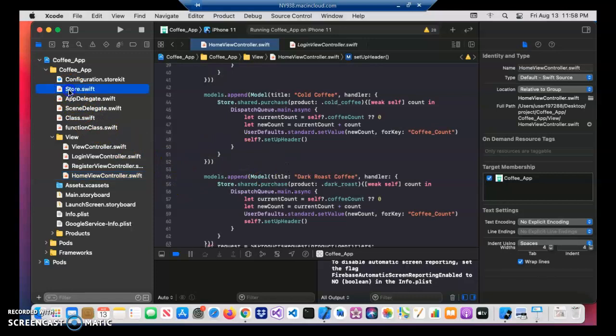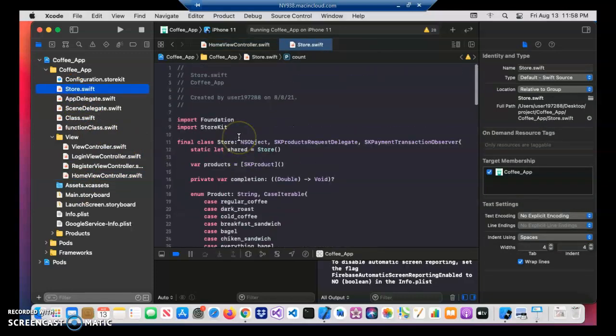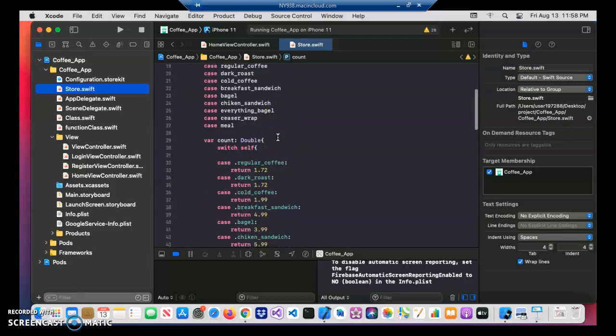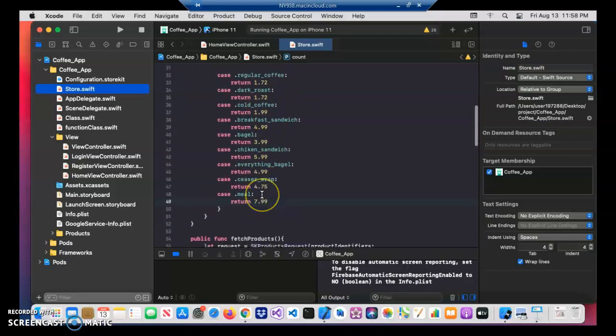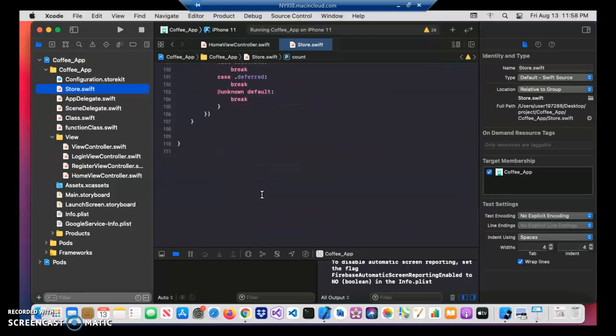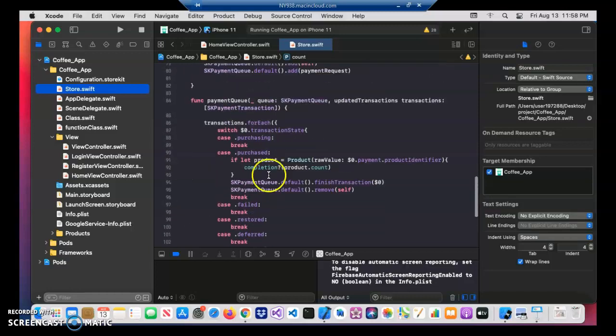And I created a store.swift file in which I created a function up here named completion, which will calculate the total amount of the coffee. And in the SKPaymentTransaction page up here, you can see once the purchase has been completed, it will check the purchase is completed successfully, and it will validate there was no error on it. And after that, it will add the total amount of the purchase into the home screen up here. So this was my